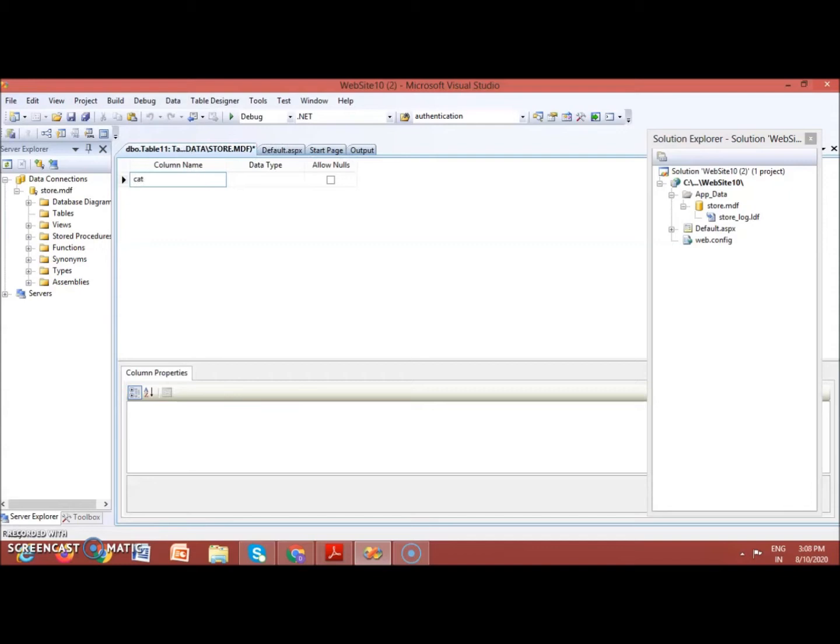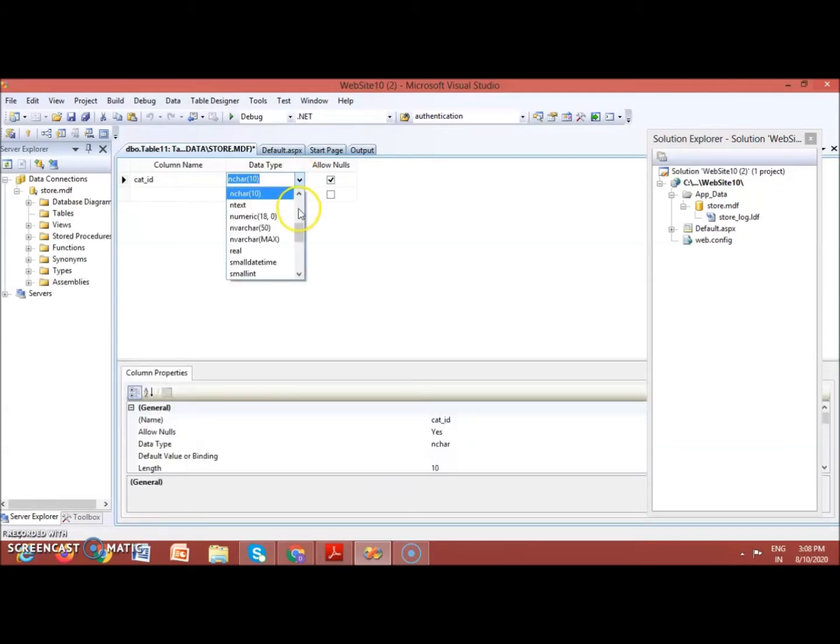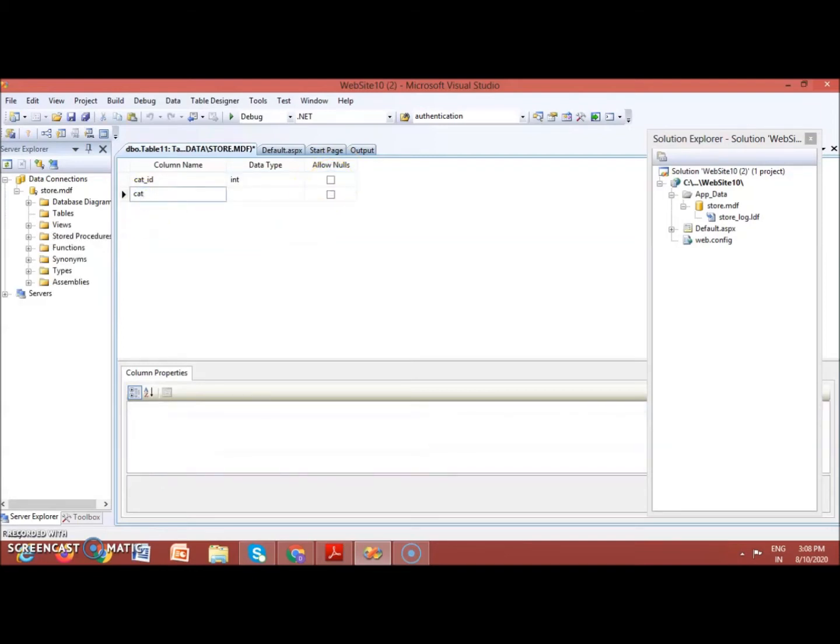So let's say the CategoryID field is there and its data type. You can click on this drop down arrow and select the type of data which you want to assign. Let us say integer. So you find that integer is there and you don't want to allow it as null, so deselect this checkbox. Next field is, say, CategoryName, then select the type or directly I can type varchar and set its size as, say, 20 depending on your requirements, and it should not be null.